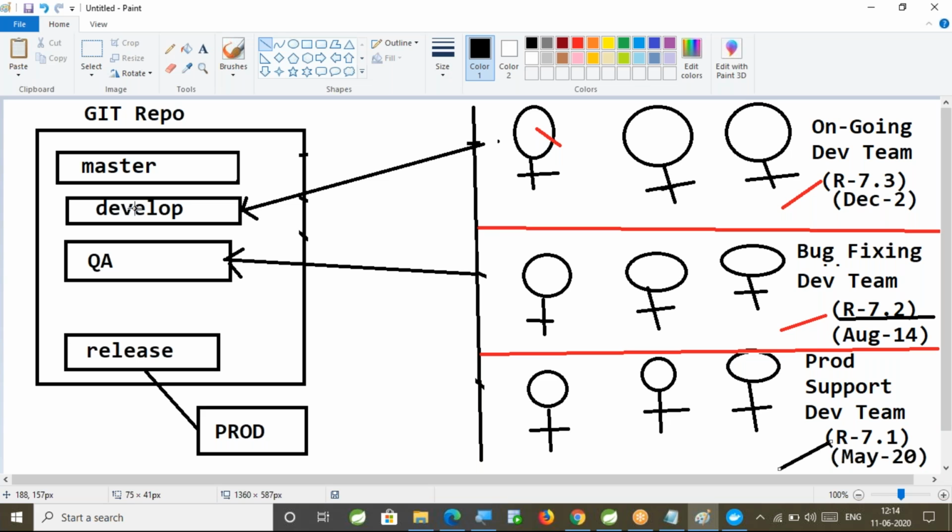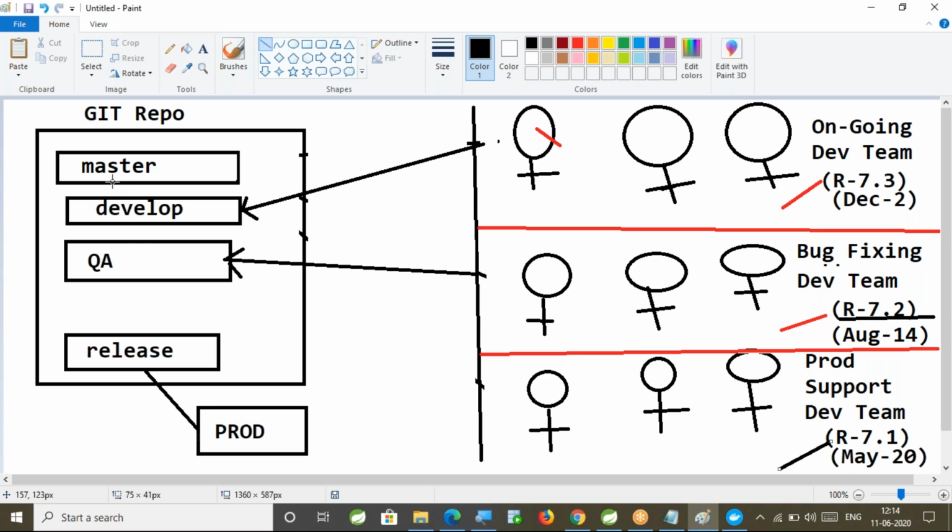So why do we need to maintain branches? If we maintain branches like this, there will not be any confusion for the releases in the project. If you maintain only one branch, it is very confusing for the team members, it is very confusing to integrate the code, and it is very confusing to release to production also.